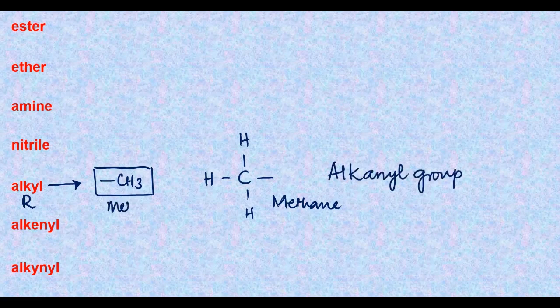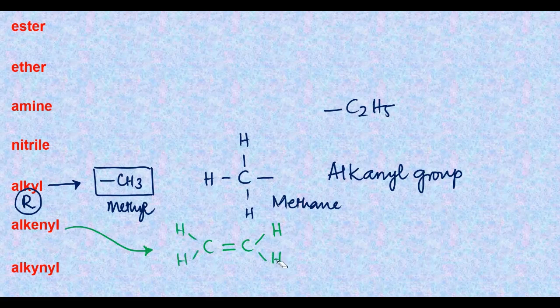So we got the methyl. Similarly, an ethyl will be C2H5 and one valency of the carbon is free, generally written as capital R. On the other hand, the alkenyl group is formed when a hydrogen is lost from one of the carbon atoms of an alkene. This is called the ethenyl group with a molecular formula